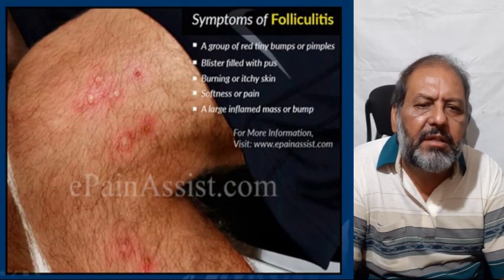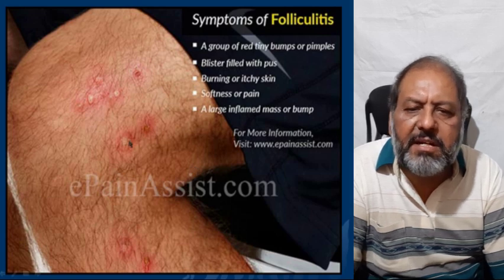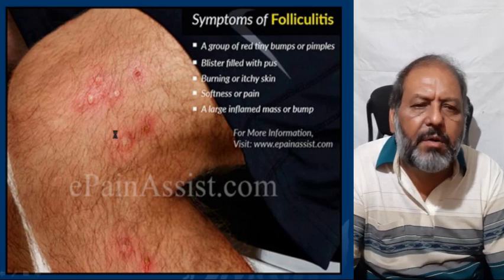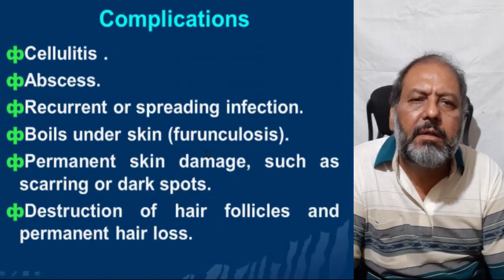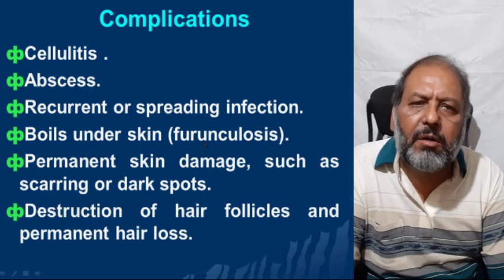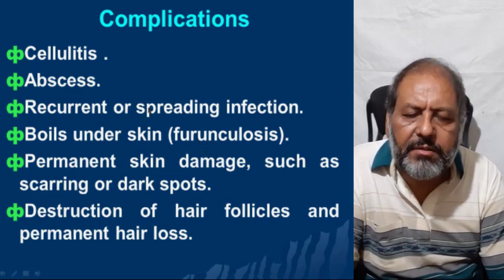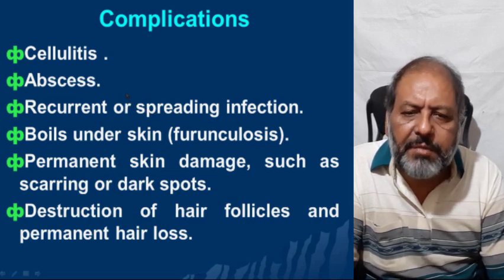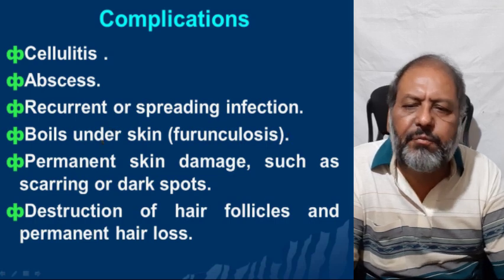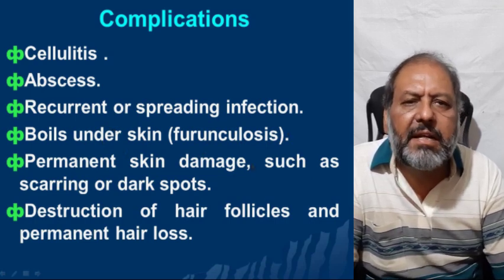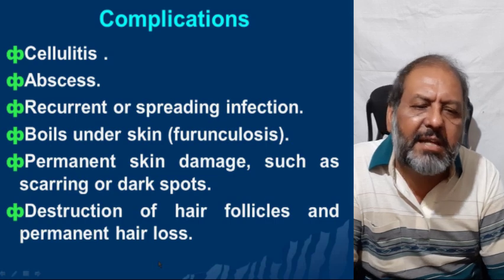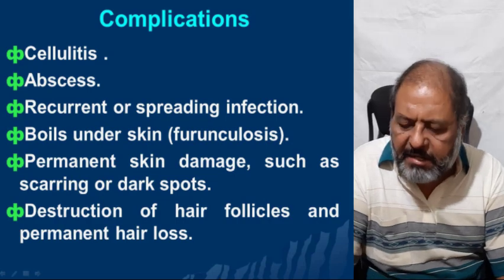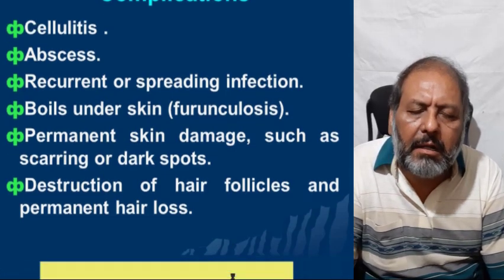As one can see, there are different symptoms and different presentations on the legs, causing pain, itchiness, redness, and other symptoms of folliculitis. The complications which can occur because of folliculitis are cellulitis, that is infection spreading under the skin, abscess, pus formation in a cavity, recurrent or spreading infection, boils under the skin, called furunculosis, permanent skin damage such as scarring or dark spots, destruction of the hair follicles, and permanent hair loss. These are all the complications of